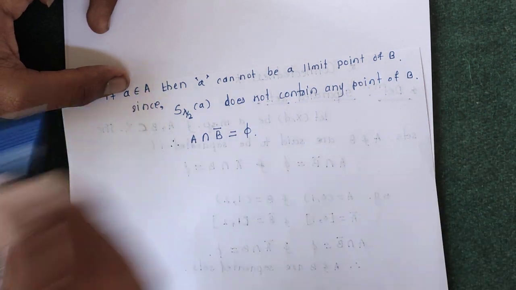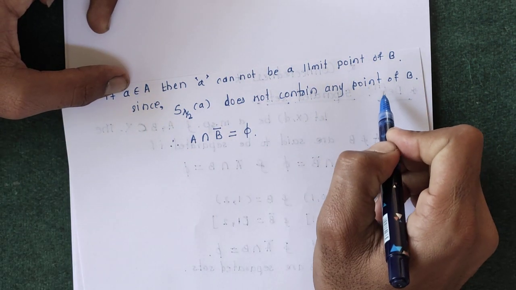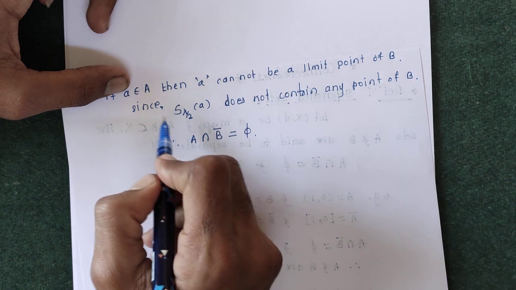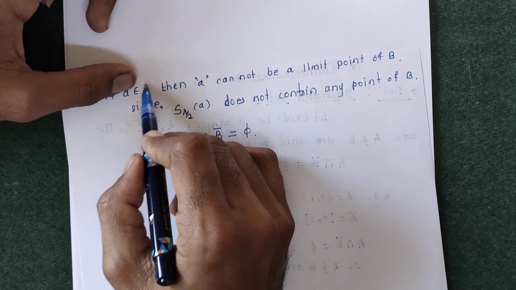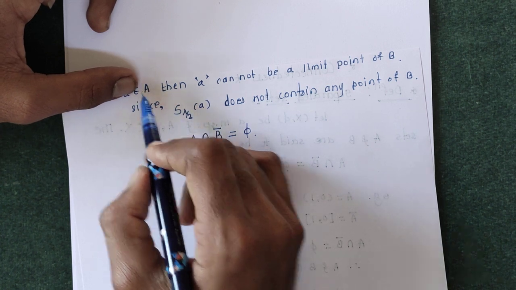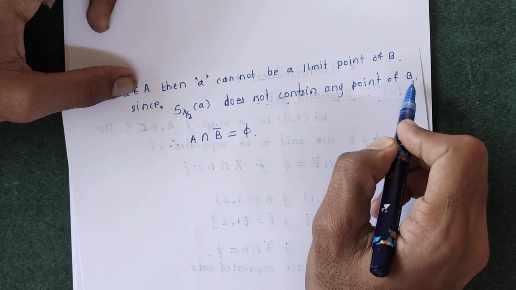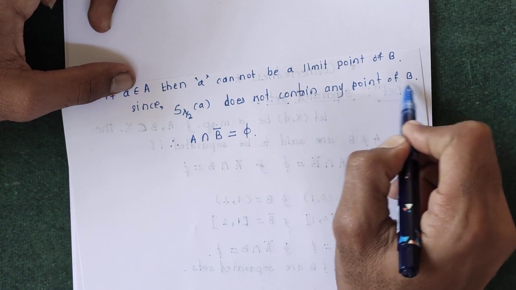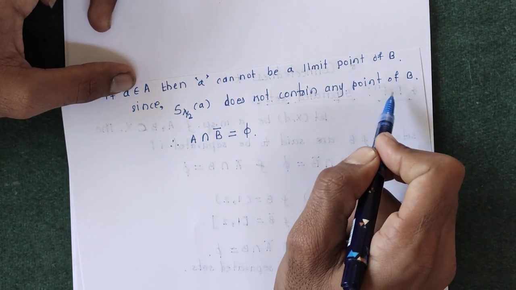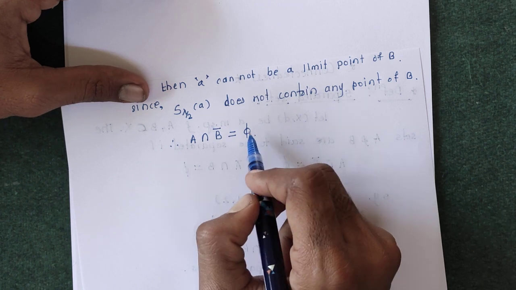This means every element of A is not a limit point of B. If you draw the open sphere around every point of A, then that open sphere does not intersect B. So every element of A is not a limit point of B, which implies that A intersection B closure is equal to empty. And similarly we can prove that